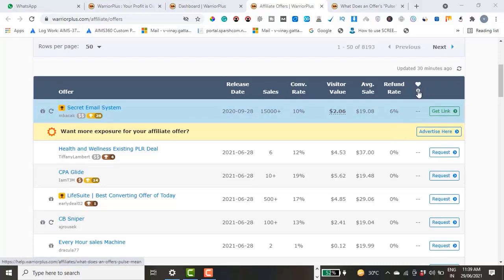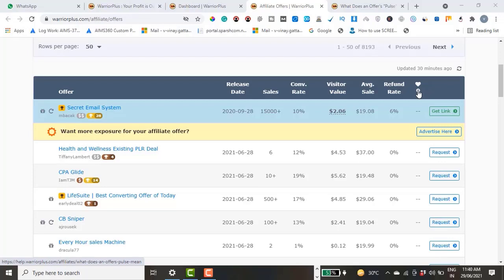The very last thing here is pulse rate. Here it is not relevant to us because all this shows is which offers are currently hot, which offers are new and making it big. So you don't need to even consider this.